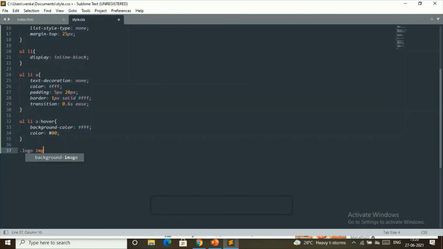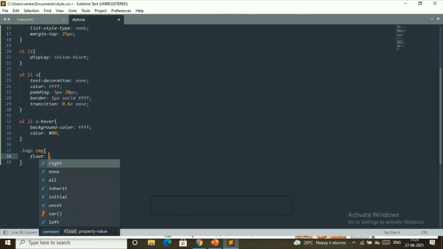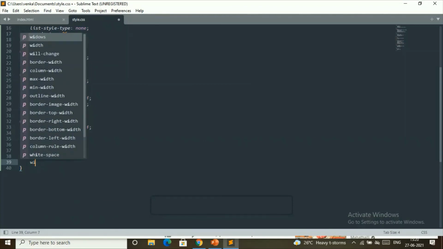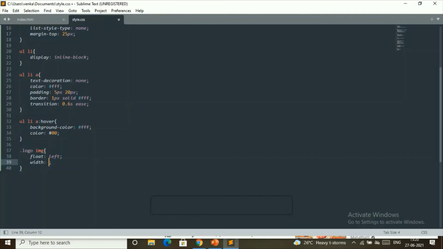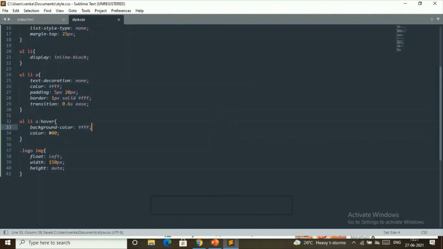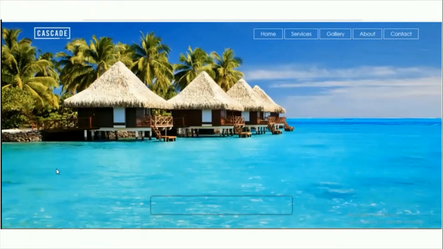So in that, we want to float it on the left side, and then its width to be 150 pixels is good, and then its height will be auto. Yes, we are all done, and now we'll save this and check back, and now this looks pretty good to us, like yeah, logo is correctly positioned.